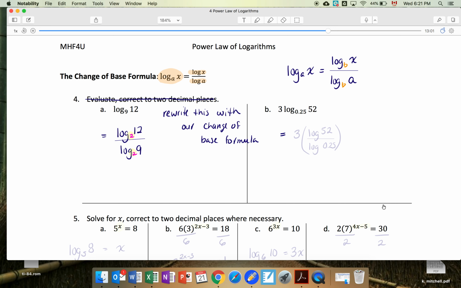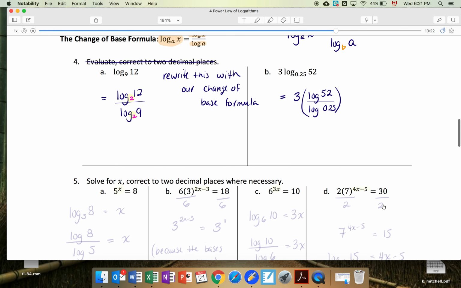So this is going to equal 3 times, I'm going to leave the 3 there. What goes in my numerator is going to be log 52, and then what goes in my denominator is going to be log 0.25. And again, for this, I'm choosing it to be base 10. All right. I'm going to do maybe one example with you for number 5, and then I'm going to put